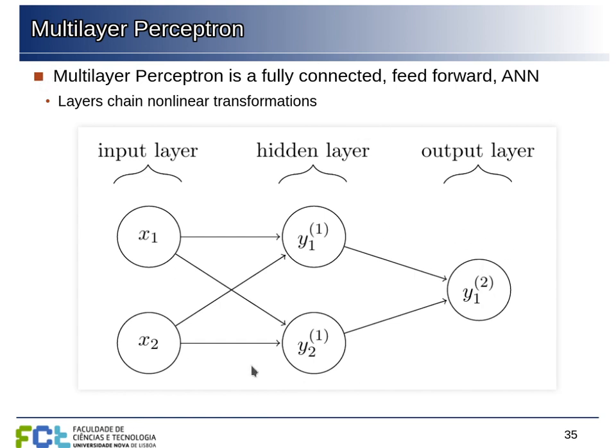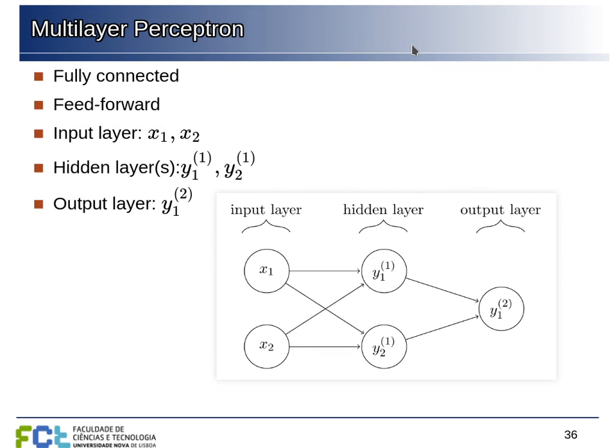A multilayer perceptron is a network like this that feeds forward and where each layer is fully connected to the layer in front. So there are no missing connections here. In this case, we have a fully connected network. All the layers are fully connected to the following layers. We have a feed-forward network because it's always feeding to the forward layers. There are no back loops here. Some networks can have that. We can have recurrent networks and more complicated architectures, but the multilayer perceptron is very straightforward like this.